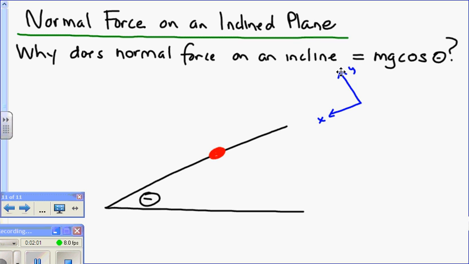When I do that, my normal force is always perpendicular to the surface. There's my normal force. Assuming there's no friction, the only other thing acting on my object is gravity. Gravity's pulling it down. Friction doesn't necessarily affect anything; friction is just a factor of normal force. So there's my gravity, and there's my normal force, but I didn't draw them to the right scale. Normal force is actually smaller